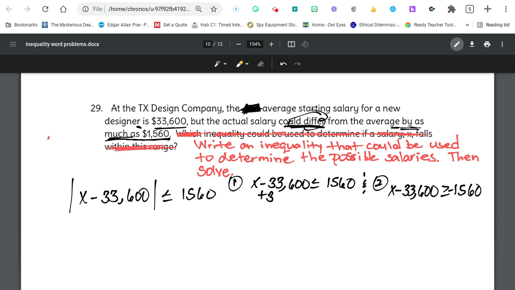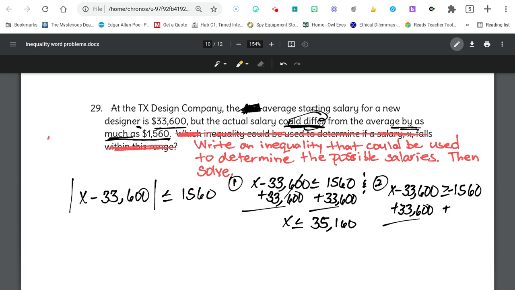All right, but let's solve these. 33,600, you're going to add that to both sides. So you get x less than or equal to, excuse me, guys, 33,600 plus the 1,560 gives us 35,160. So they could make that or less, or